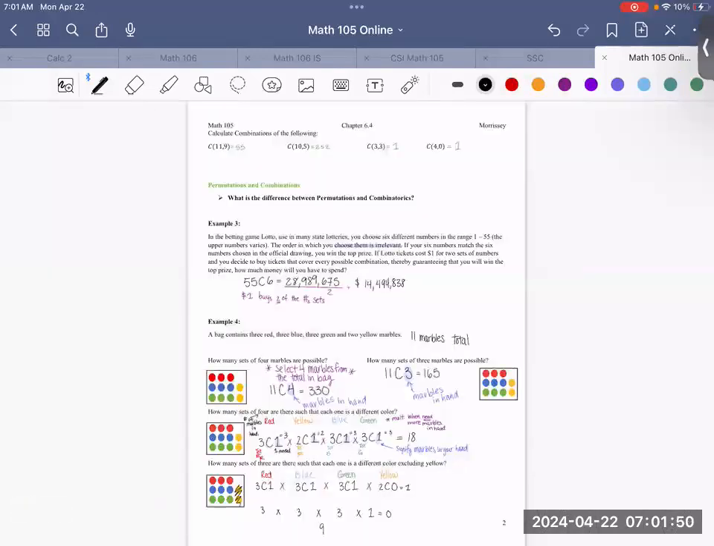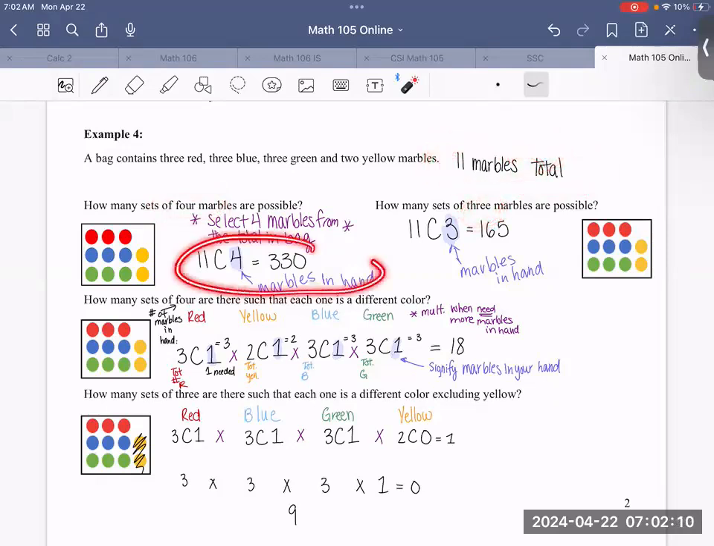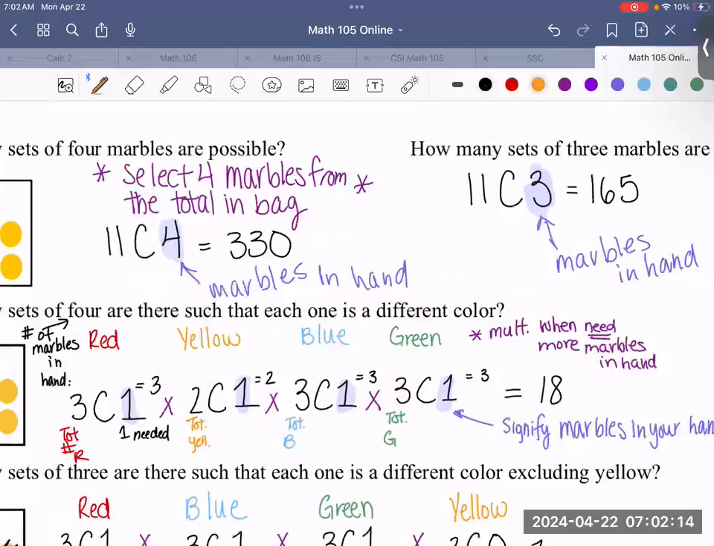So, looking back at our Chapter 6.4 notes, the first thing we do is total up the number of marbles, and then we ask, how many sets of 4 of this 11, or sets of 3 of this 11, do we have? Now, what we're actually doing here is your sample space. This, in fact,